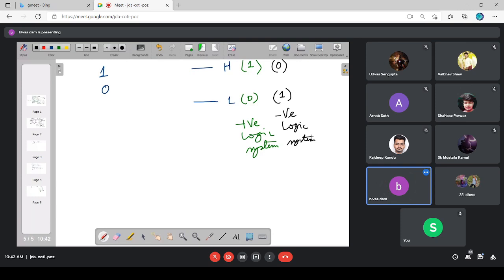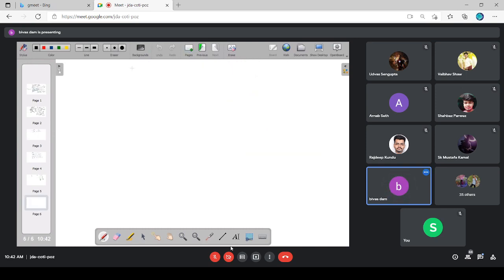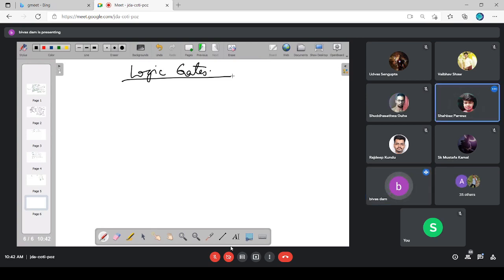Let us stop the logic system concept here, and let me go for the next topic, that is the logic gates. Most of you have already seen what the logic gates are. There are 5 basic logic gates. How many basic logic gates? 5. The first one is the